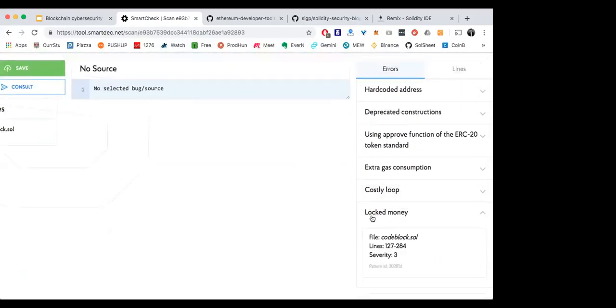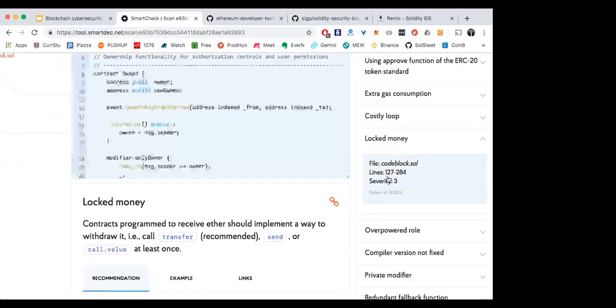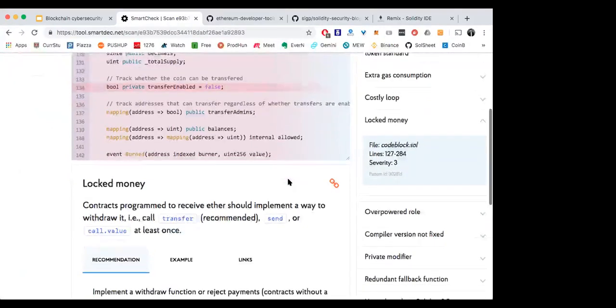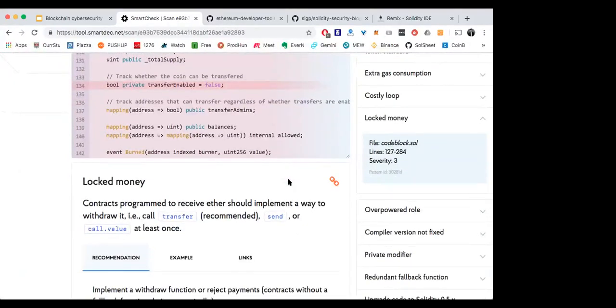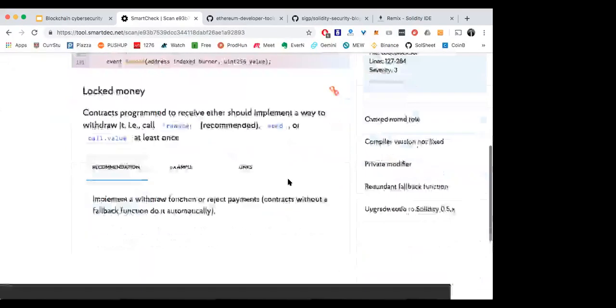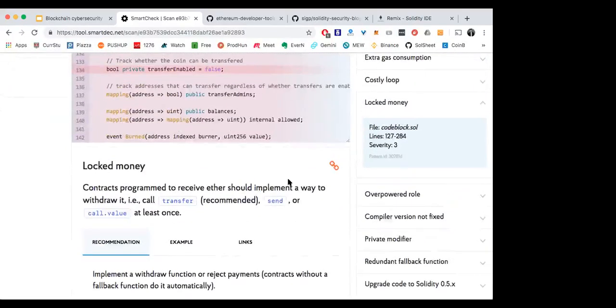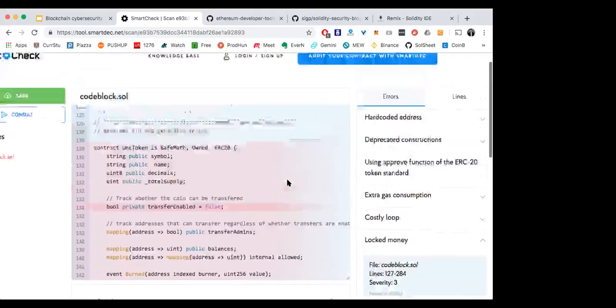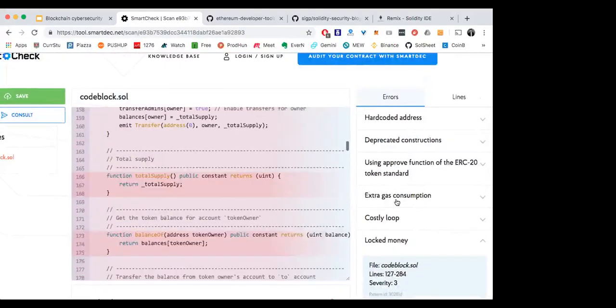So it's saying locked money: contracts programmed to receive Ether should implement a way to withdraw it. Yeah, this one's wrong because I have a way to do that down there. That's also the issue today with static analysis tools.